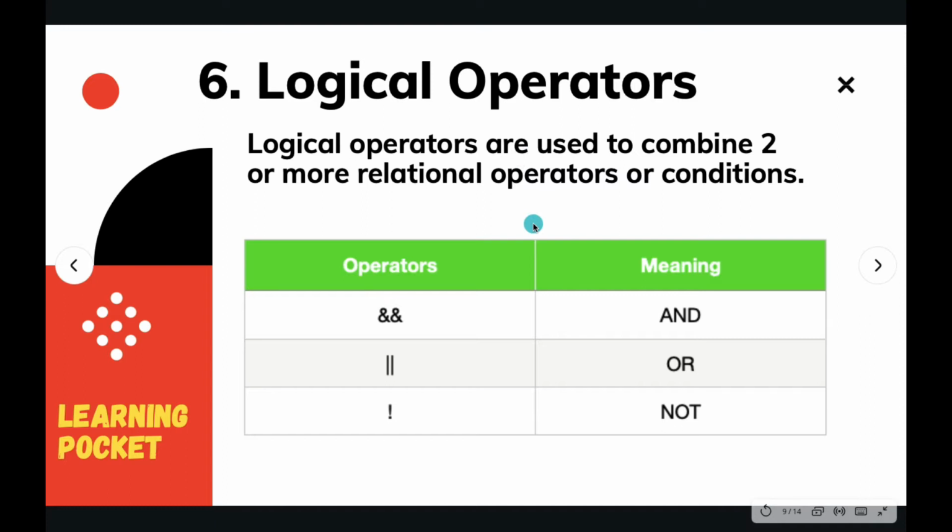We have basically three logics: AND logic, OR logic and NOT logic, as in basic computation. If you are a science student, you must have studied logic gates. Those gates are applied through these three operators. The symbol associated with AND is the double ampersand, and OR is two parallel lines. Do not confuse them with a slash. These are just a pair of straight parallel lines, and you will find the key on your keyboard. There is an exclamation mark for NOT.